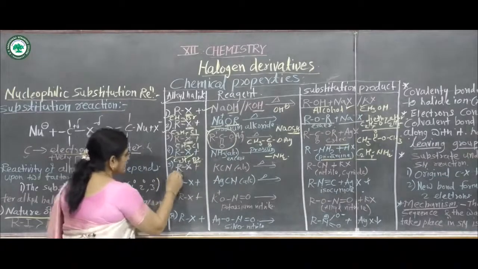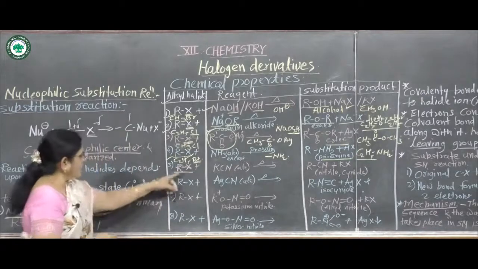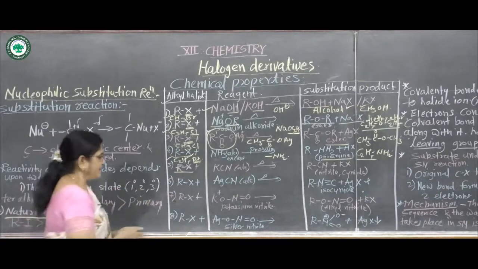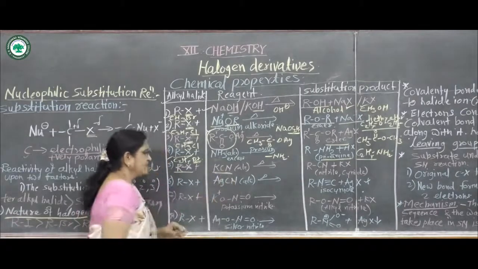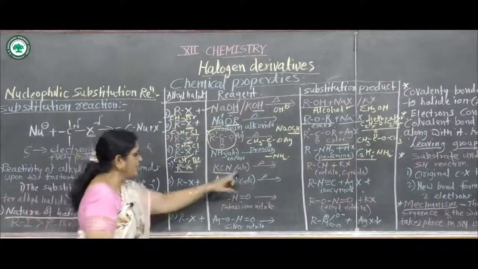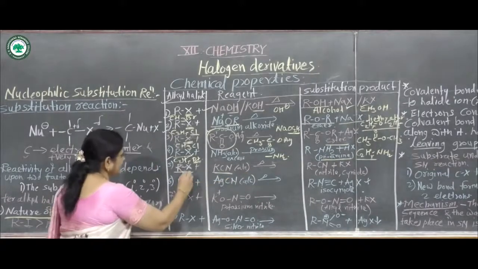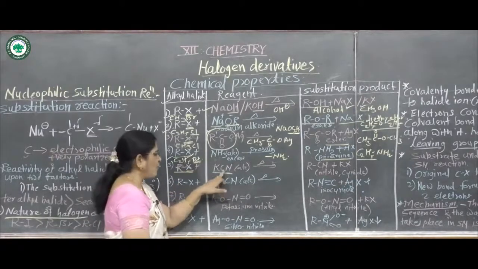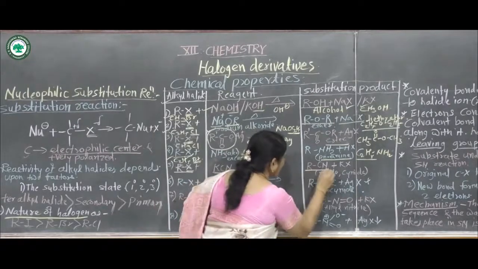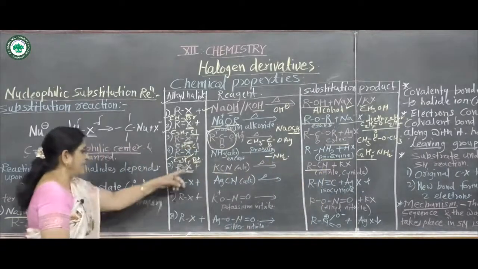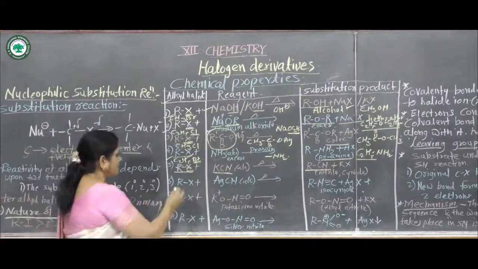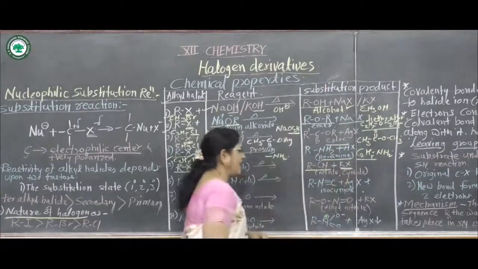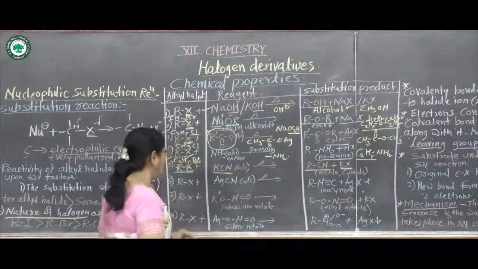Then the next reaction, that means alkyl halides, again RX. If this reacts with alcoholic potassium cyanide, KCN, on heating, which product does it give? Again in this, X, the halogen atom, gets replaced by the cyanide or cyano group, and it forms the product RCN. RCN means alkyl cyanide, and a byproduct is formed, the halogen with potassium, hence the byproduct is potassium halide. The name of this product is alkyl cyanide.